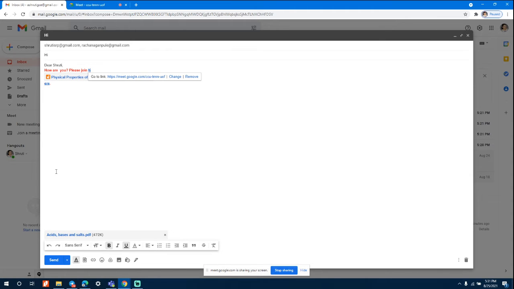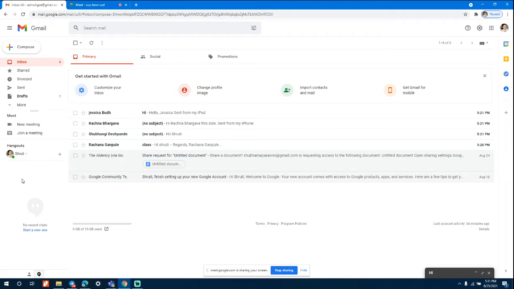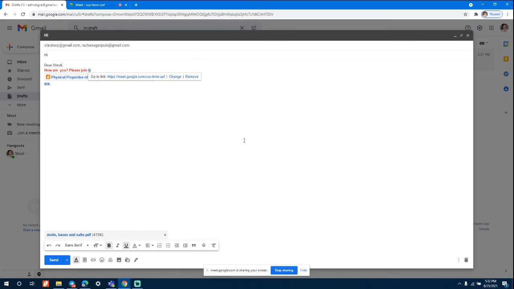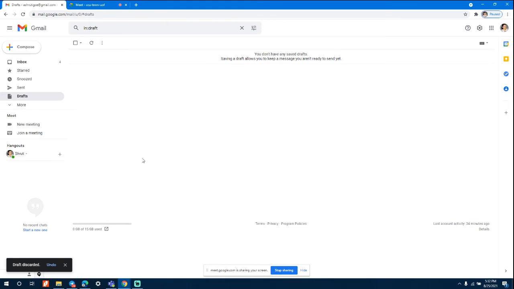Now let's suppose you have composed it and then you don't want to send it right now. So maybe you can just leave it. When you go in drafts, the mail is very much there. It does not get deleted. Also, it is auto saved. So even if you don't save it, it saves itself after a certain period of time. So you don't have to worry about saving it and keeping it. Now let's suppose you write something and then you realize that you don't want to send it, or you don't want it. You can always delete it. So nothing is there in the drafts now. Earlier there was one, now there is nothing in the drafts.